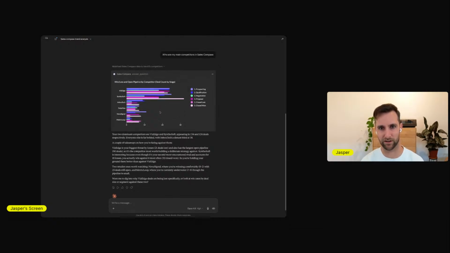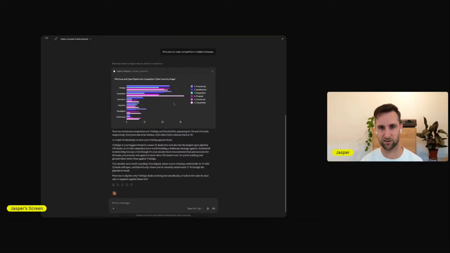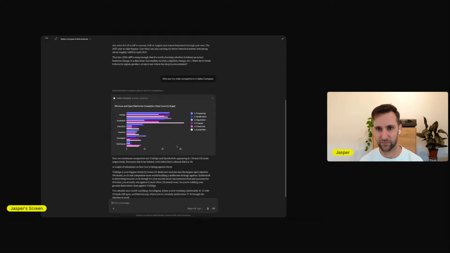With an MCP app like this, it doesn't matter as a user if I want to work here and save this chart back to the Sales Compass application, or if I started a conversation or work in my Sales Compass app, and then at some point want to pick it up and continue in Cloud because I want to pull in other third-party data. If Sales Compass would be a real Luzmo customer, they would need to do very little